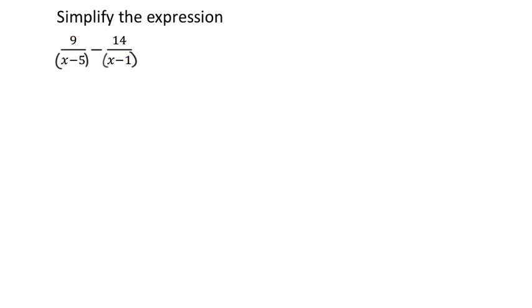I like to work with the first one. So I already have a denominator of x minus 5. It doesn't have an x minus 1 denominator. So I'm going to multiply that denominator by x minus 1, but also the numerator by x minus 1. Okay, now does that make the denominators match? It does not. But if I multiply the second fraction's denominator by x minus 5, now they do match. But if you do it to the denominator, you need to make sure that you do it to the numerator